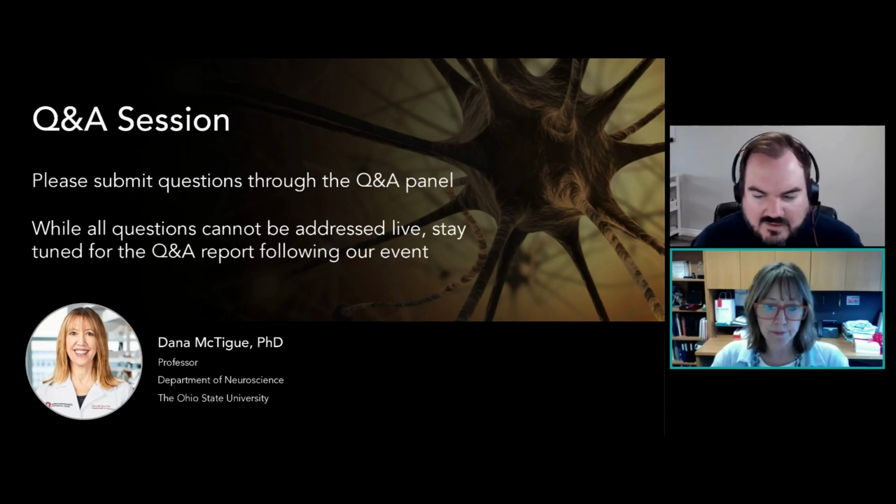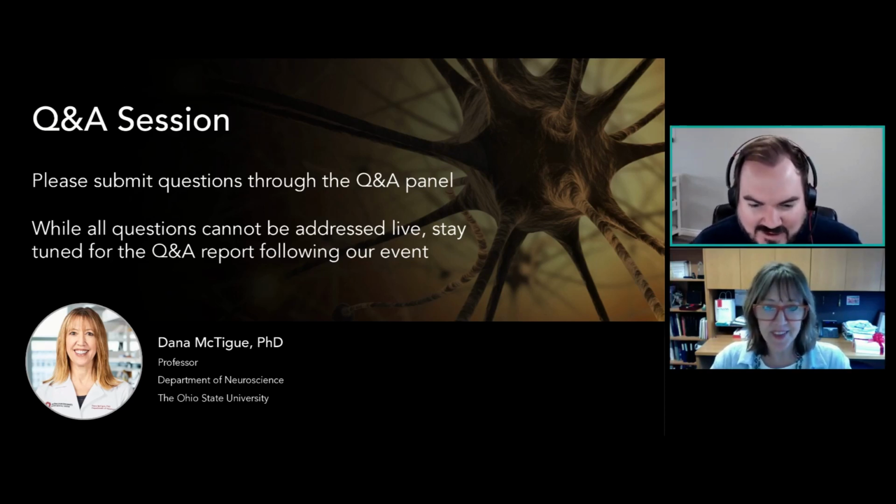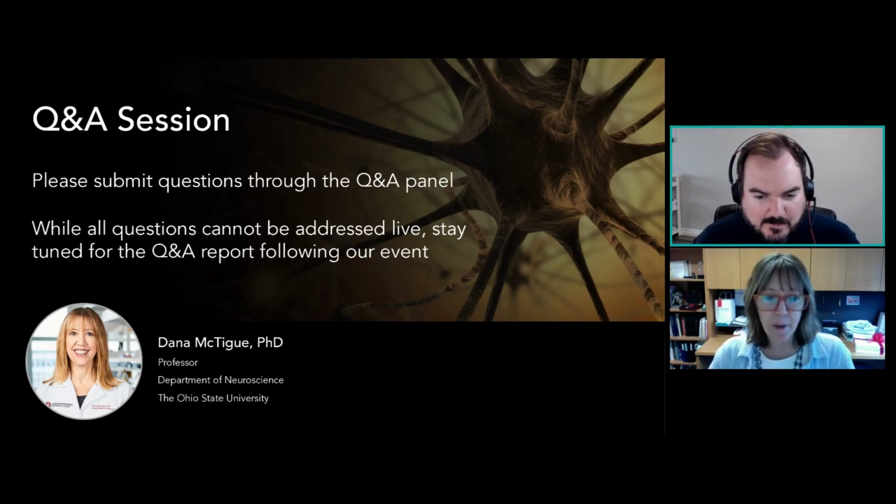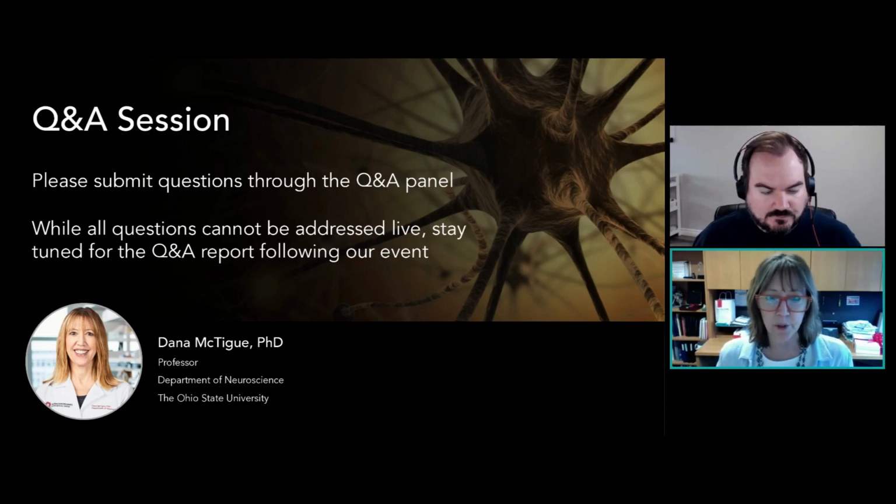Okay, wonderful. I think maybe we'll try and squeeze in one last one, if we can. Have you used NG2 DsRed mice in your spinal cord injury work, and if so, what value might that model have? We have not used the DsRed mice. One of our mouse models actually was from Akiko Nishiyama, who made the DsRed mice. But no, I have mice where the NG2 cells express GFP on their membranes, and they label OPC processes beautifully. So we've just stuck with that for some of our reporter studies.